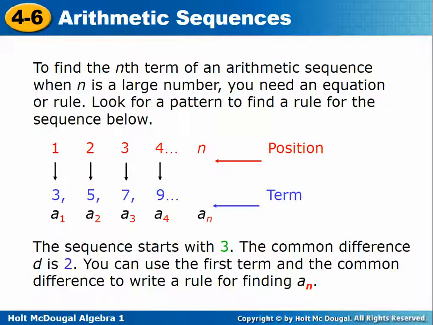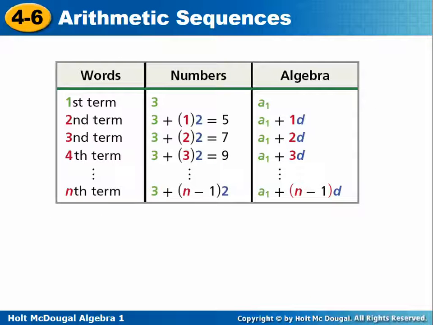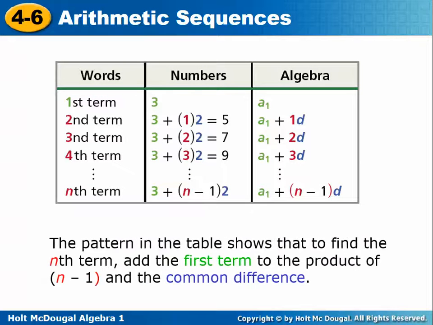So the sequence starts with 3. That's our first term. The common difference is 2 because we're going up by 2 each time. We can use those two things, the first term and the common difference, to write a rule for finding the nth term, a sub n. And here is how we do that. This is the math behind how it works. And what we use is the formula